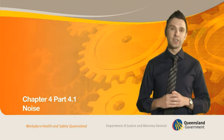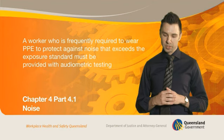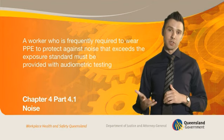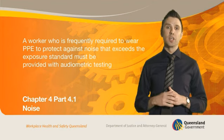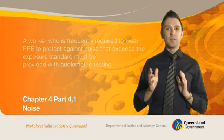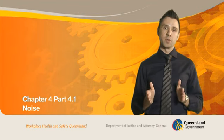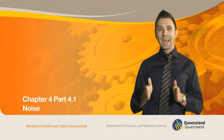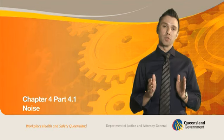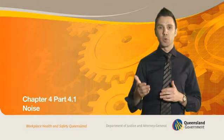In addition, the legislation requires a worker who is frequently required to wear personal protective equipment to protect against noise that exceeds the exposure standard to be provided with audiometric testing. So to clarify, if your control measure in your workplace is to provide workers with personal protective equipment, because without it they would be exposed to noise levels above that exposure standard, you would be required to provide audiometric testing